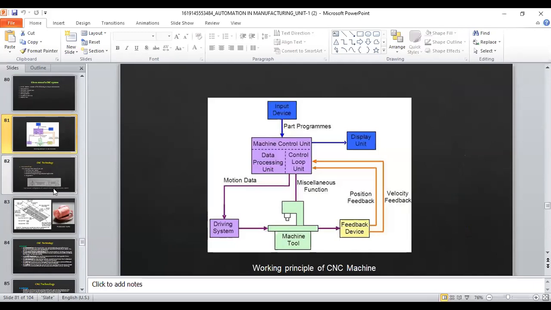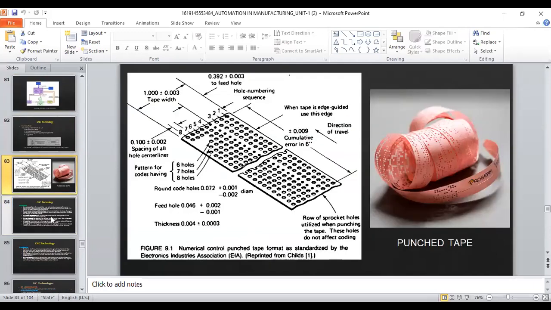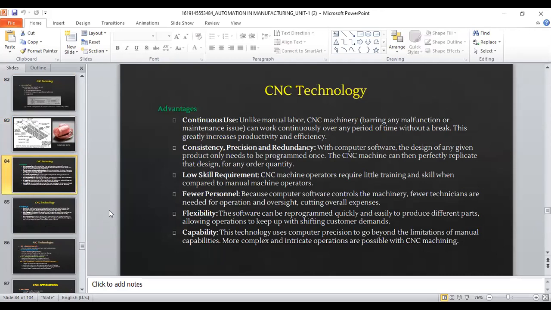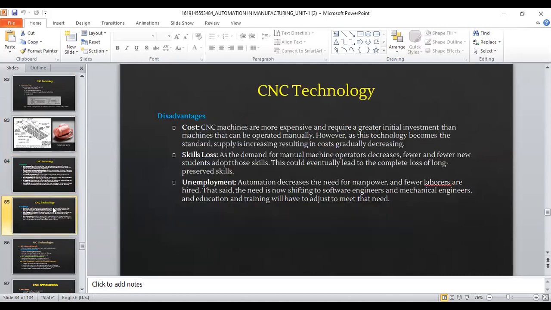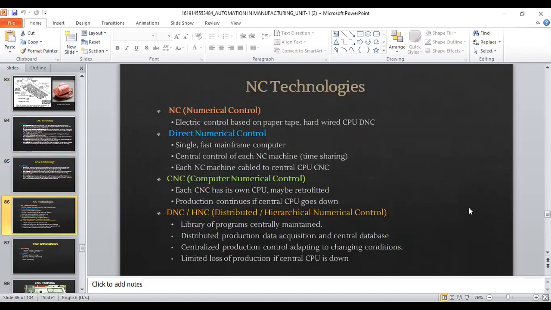What does it contain? What are the different parts, right? The advantages we discussed quite in depth yesterday. What are the different advantages that you get when we are using the CNC technology and the CNC machines, different machines? We saw what all are the options that we have under CNC. We have grinding, turning, milling, right? The most common being CNC milling. And the advantages, disadvantages as well, right? And the technologies that come under NC.